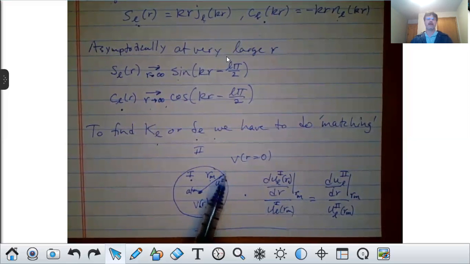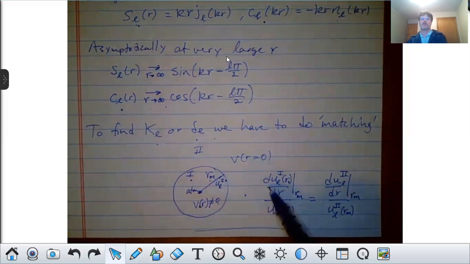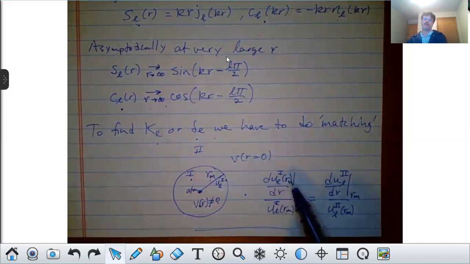It turns out the derivative has to be continuous across this change in potential. So does the function. The function can't just change values all of a sudden. It's got to be continuous. So I have to match the value of the function in region 1 to region 2 at R_m, and also the derivative. Now, a quicker way to do this is to take what's called the logarithmic derivative,